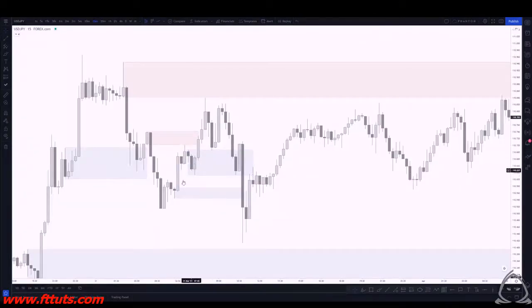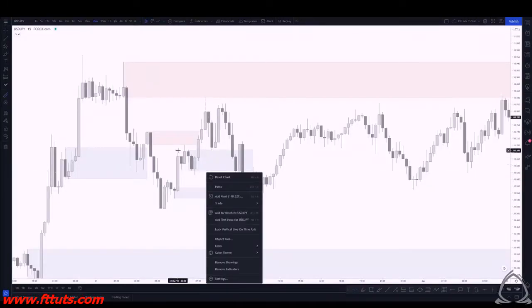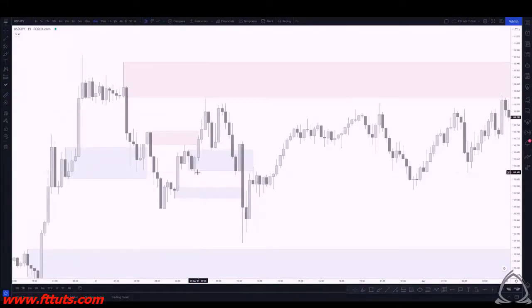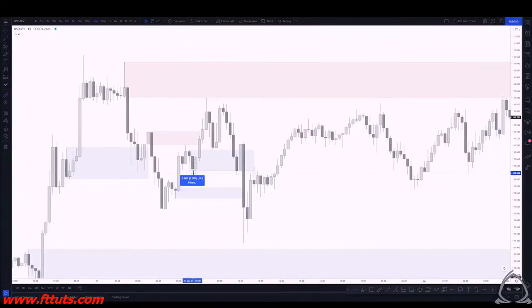Now, if we have an instance where there's a lower wick on the next candle, I like to also include that, because what ends up happening is if you only draw your zone to this point, and what you'll learn in entries is we start to put our stop losses based on the way the zones are positioned. And if we have our stop loss sitting here, the chances of getting stopped out end up being a little bit more increased, and we want to make sure that we're including the entire range of a particular zone, so we kind of have the